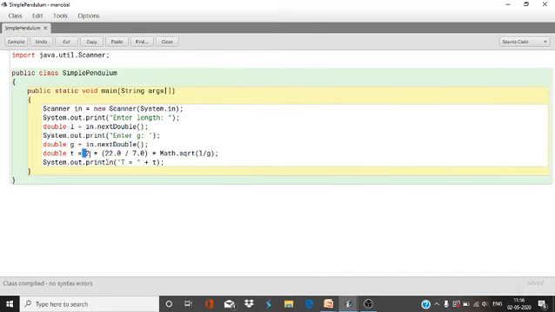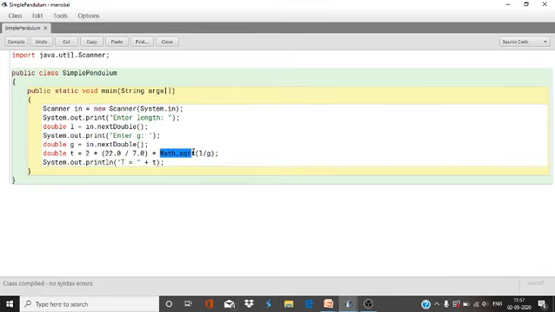Now the formula: 2 into pi. So 2 pi root L by G. L by G is under a square root, Math.sqrt of L by G. So simply we can write the Java statement like this: 2 pi under root L by G. So 2 into the value of pi, which is 22 by 7, into the square root of L by G. L and G we have already accepted, and then we use Math.sqrt.